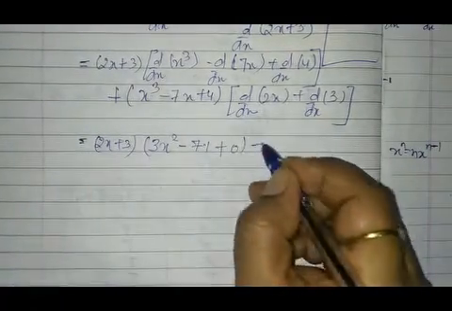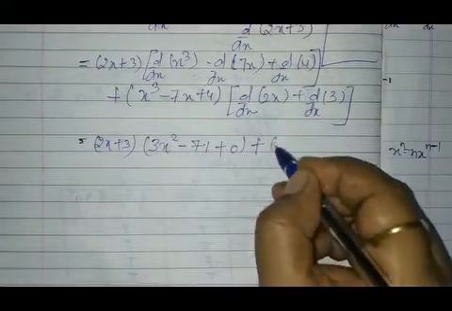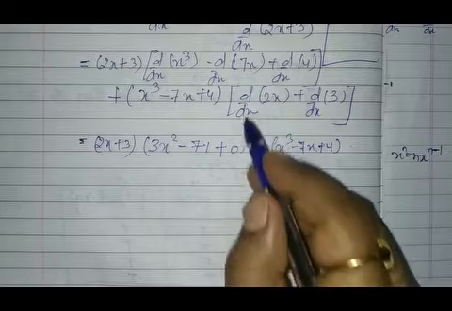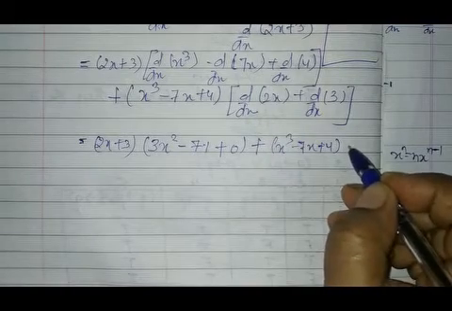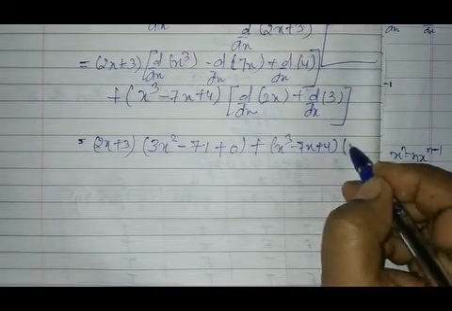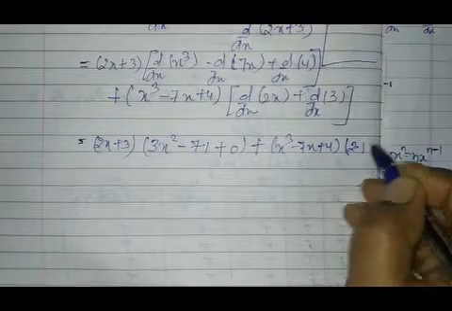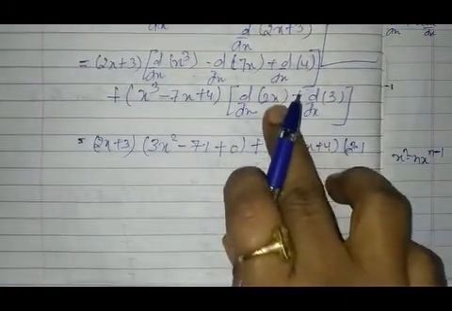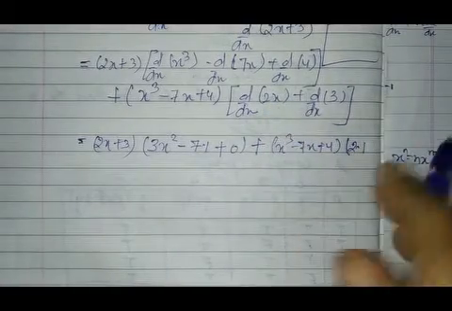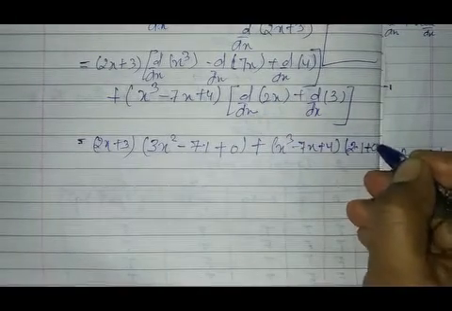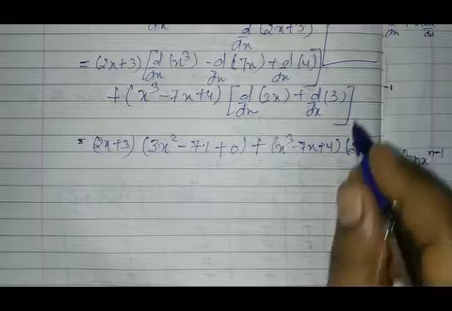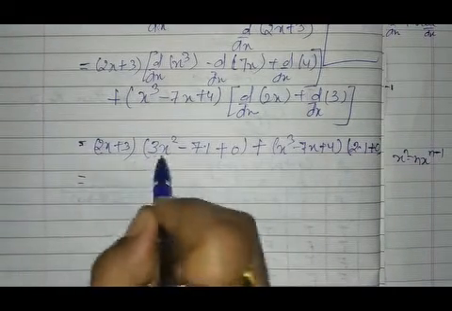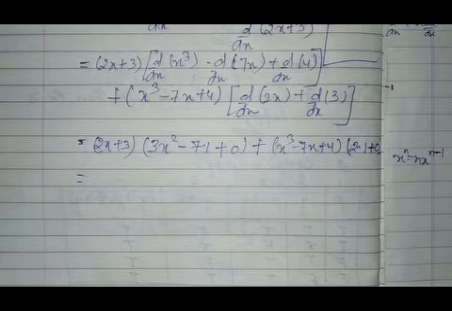Then coming to the next line, it is written the same, copy here. Then d/dx of 2x: 2 is a constant, so it is written as it is, and derivative of x is 1, so 2 into 1, plus 0, because 3 is a constant. Now we have to multiply these terms.